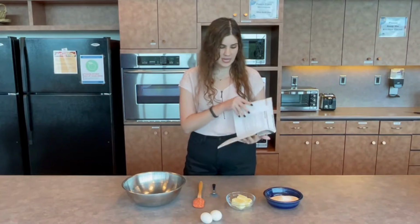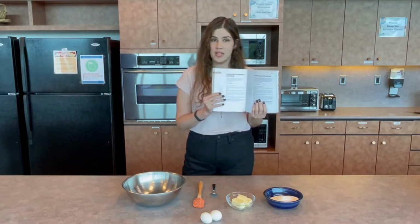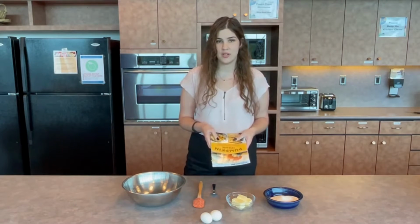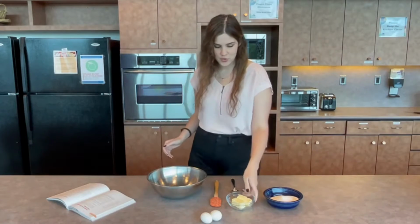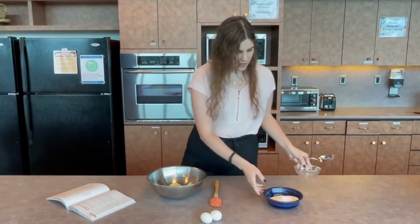So the recipe today is pumpkin donut muffins. So they're donuts in the shape of a muffin and they're going to be great. So the first step is to turn your oven to 350 degrees and get your ingredients ready and we'll get started. Okay, your next step is to take your butter and put it into a large mixing bowl